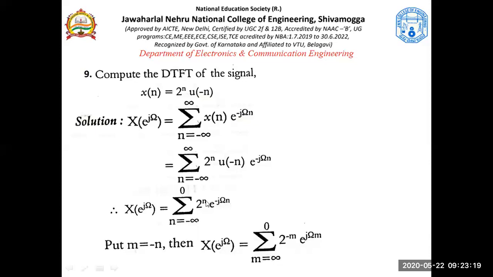But yes, here you need to be a little careful. If m is minus n, n would be minus m, and this n would again be minus m. That's why this minus sign in the exponential is eliminated, because this n is substituted as minus m. So that minus would vanish. That minus would cancel this minus which is existing in the previous step. Okay, so very simple steps. So yes, you need to be a little careful regarding how to bring the summation to the standard form. Now we can easily interchange the limits of summation, that will not have any changes. Okay, so this is what is done.